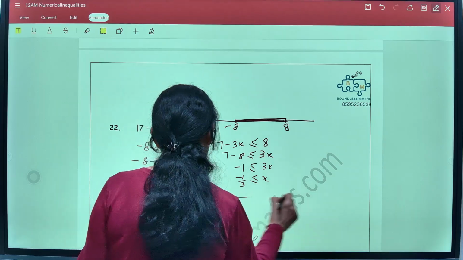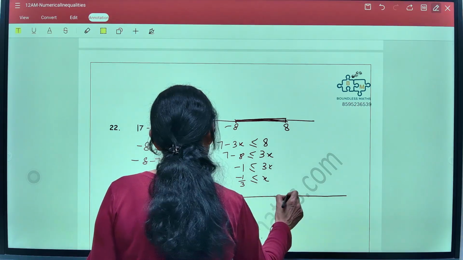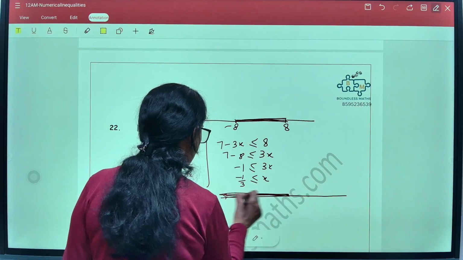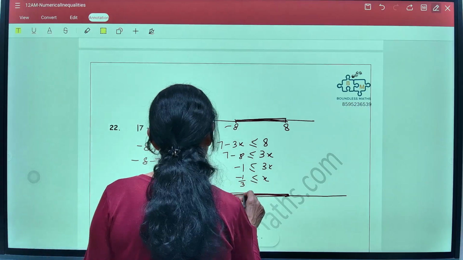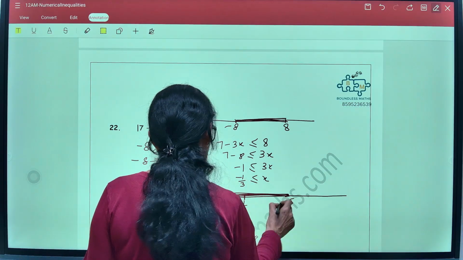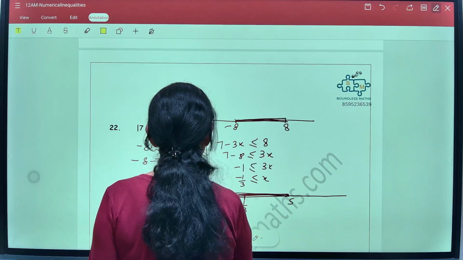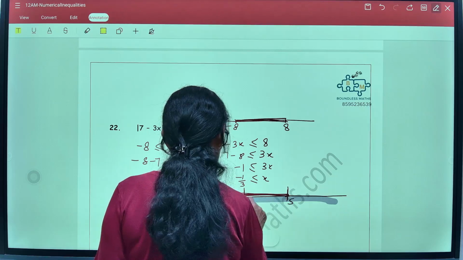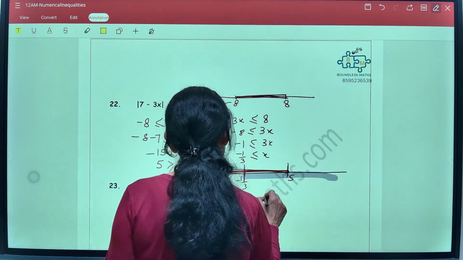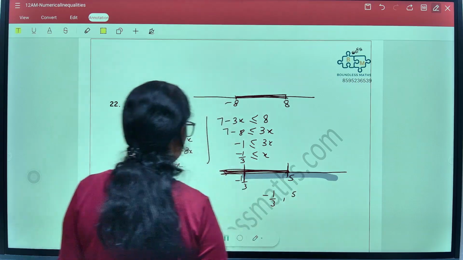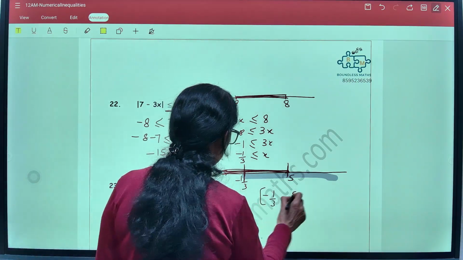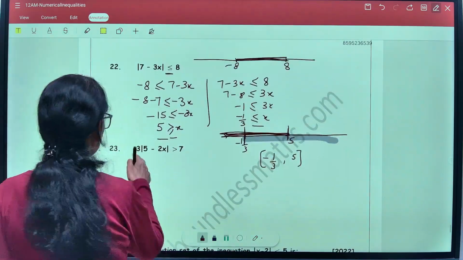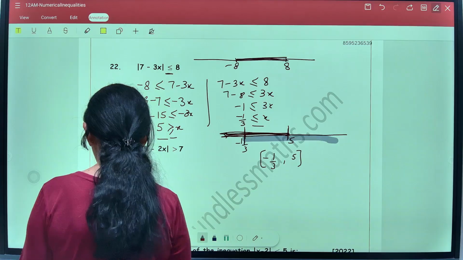Now let's plot them on the number line. On the number line, if you look at this, x is less than equal to 5. So it is left side of this number line. This is the solution. And x is greater than equal to minus 1 by 3. So where is the common area? The common area is between minus 1 by 3 and 5. So let's write it minus 1 by 3 and 5. We just need to look at what brackets should be used. So it is going to be square brackets at both ends because we have equal to sign also. Right? So let's look at next question where we have greater than sign in place of less than sign.